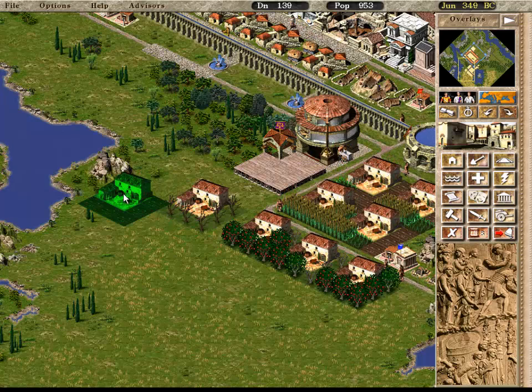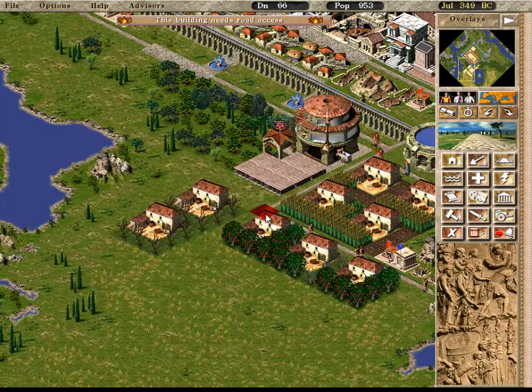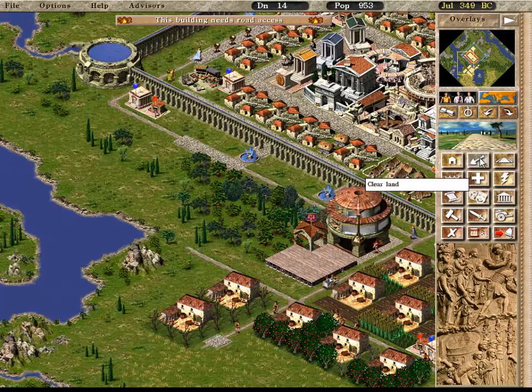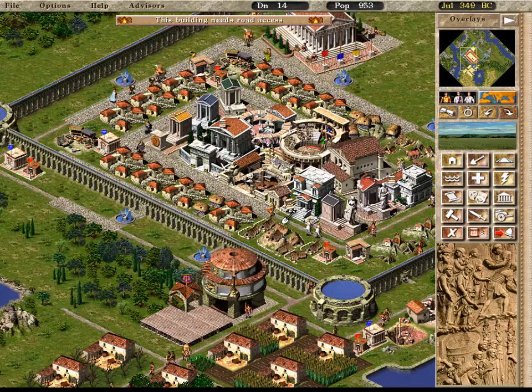Rome is... Okay, I can't build a farm there. Fuck. Well, I can build one there. Okay. This is the olive farms, because you need olive oil in this map. It's really important. So, I'm going to try and clear some forest here without destroying my...